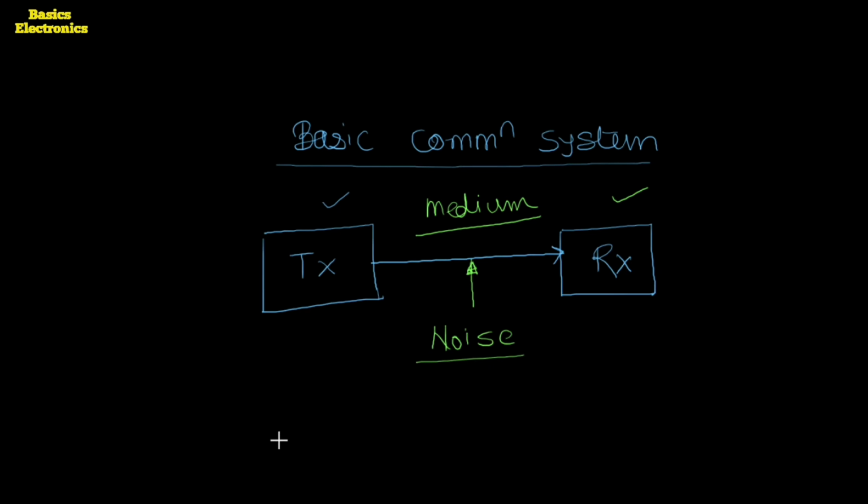So when we transmit the data, suppose the data is 1101, at the receiving side the received data must be 1101, but because of this noise the data bits may be lost. For example, suppose instead of 1101, one bit is lost, and we get